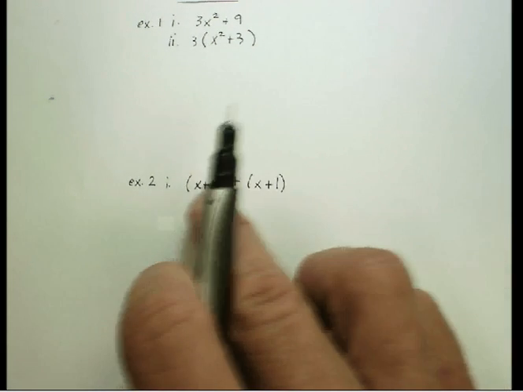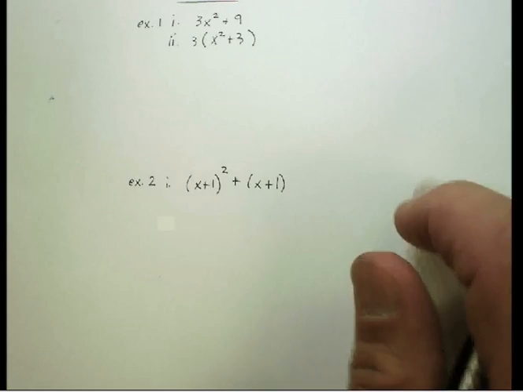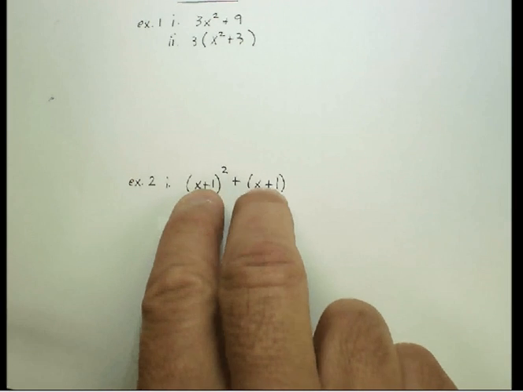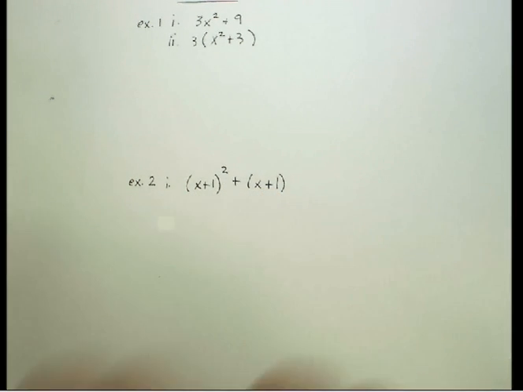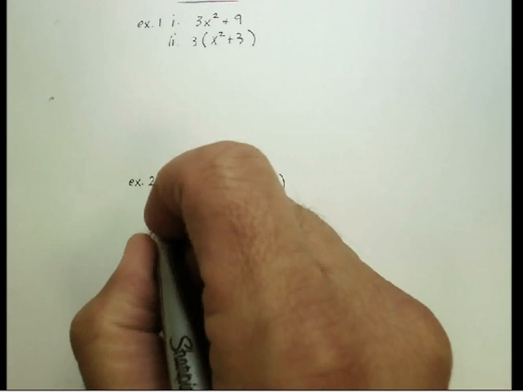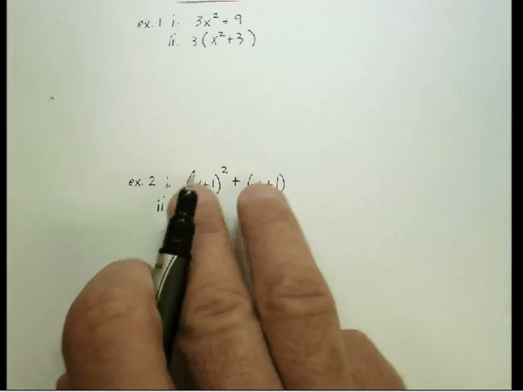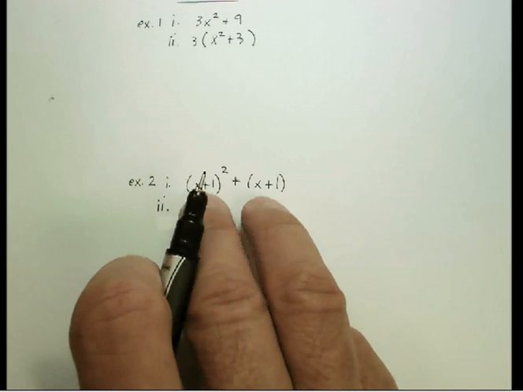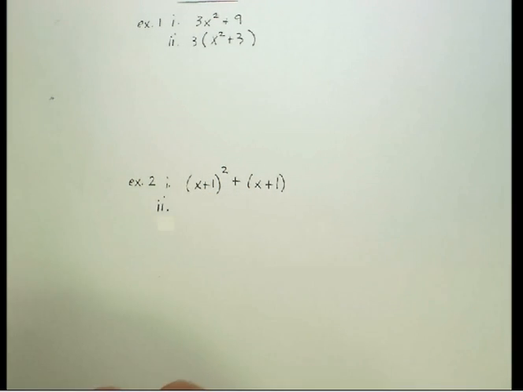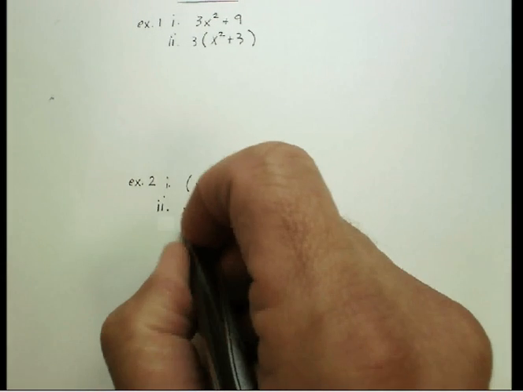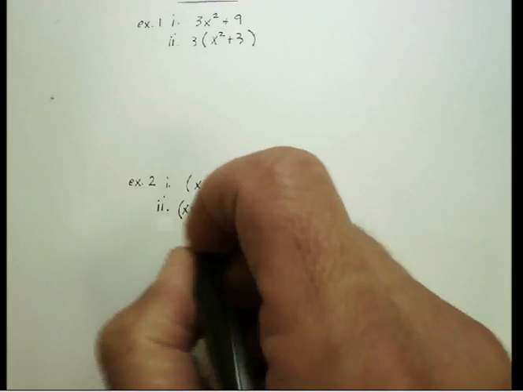The term is in the parentheses. So I've got two terms separated by an addition or subtraction. Now ask yourself, is there any common factor to both sides of the addition sign? And the answer is yes, there is. It's x plus 1, isn't it? So I'm going to take out x plus 1,